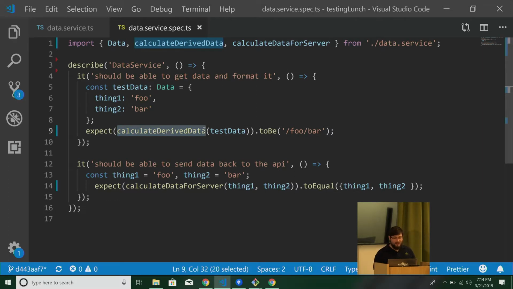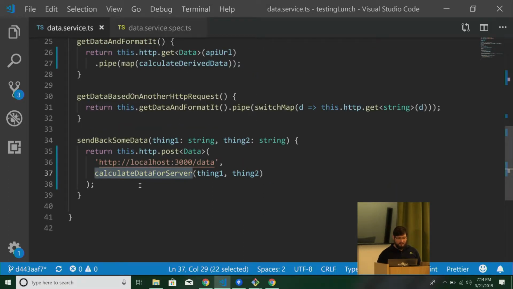And more often than not, our calculations are very easy to extract into things like functions, which we can then test independently. So when you're looking at your code to think about your unit tests, take that time, be a little lazy, and think a little bit harder about how you can refactor out some functions that you can then test, rather than trying to test the whole thing all at once. Right? So we're going to reduce the complexity of our unit tests by refactoring our actual code just a tiny amount, and then testing